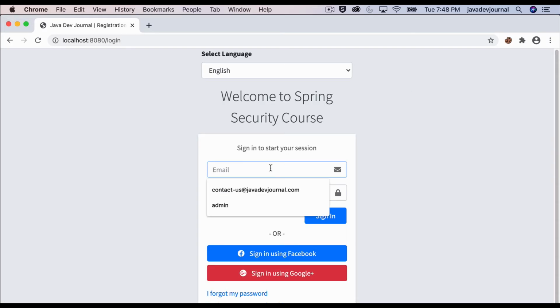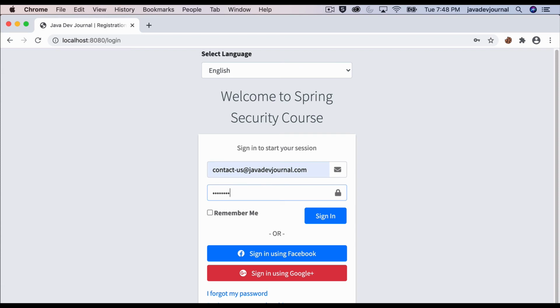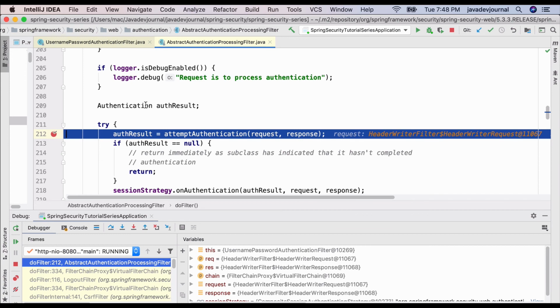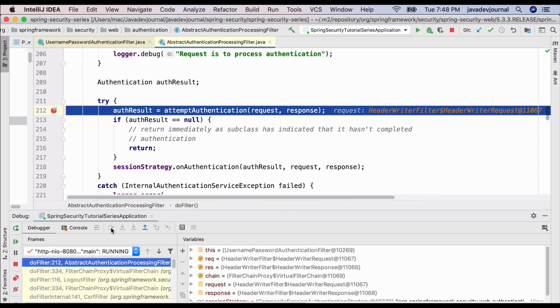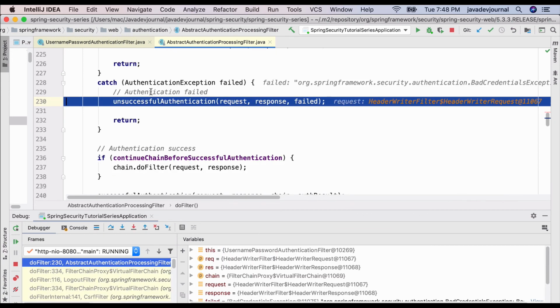I quickly want to give you an overview of what will happen if, let's say, the validation fails. So I'm filling in some random password. We go to our attempt authentication. I'm not going to get into the inside of this one. So you see we have an authentication exception. And from the initial discussion, I told you that if the authentication is successful, you will get a fully initialized authentication object, what we have seen earlier. If the validation fails and it's not able to get that information, it's going to throw an exception, which is an authentication exception.